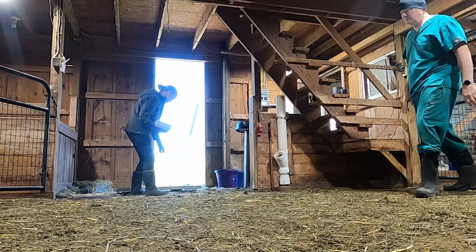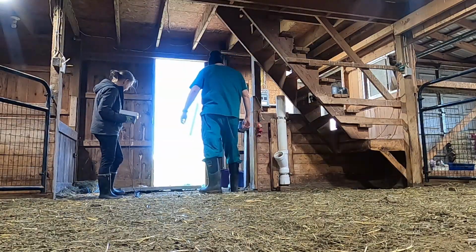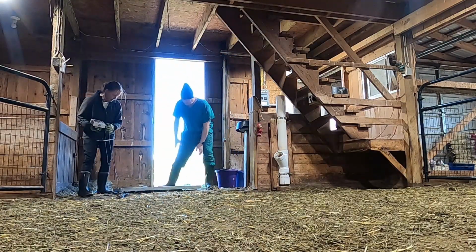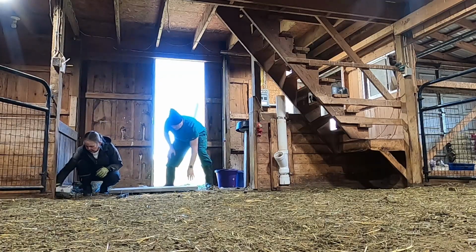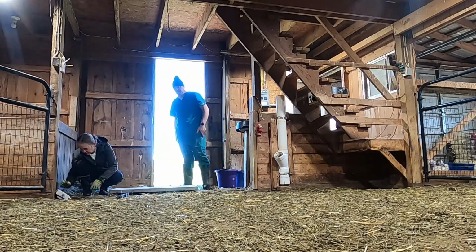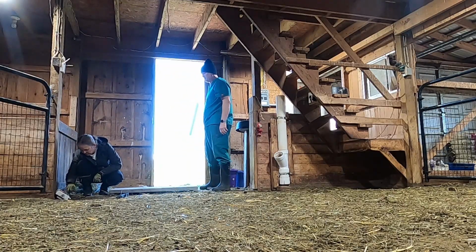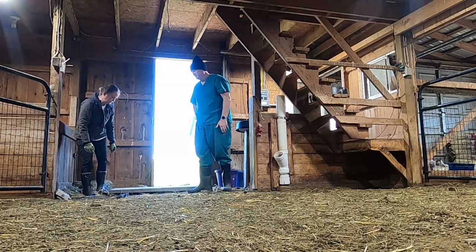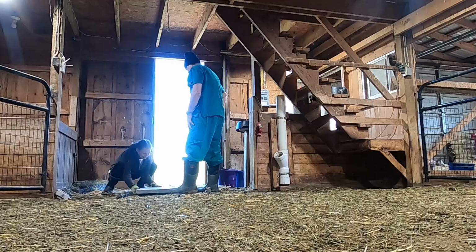Okay, so now what we're doing is we're setting up the scale. So there's the weigh scale part, and there's also then the meter that I have to connect, and that's got the display and tells you what the weights are and stuff. As I'm looking at it now, I don't like how the scale isn't really level. I should have brought a board and set it on. The scale is actually usually back on the concrete floor in the new edition, but